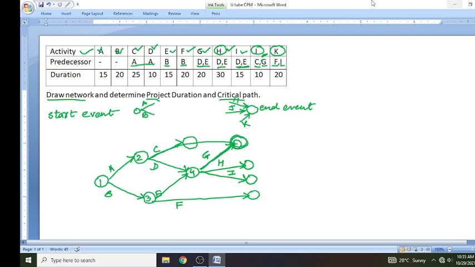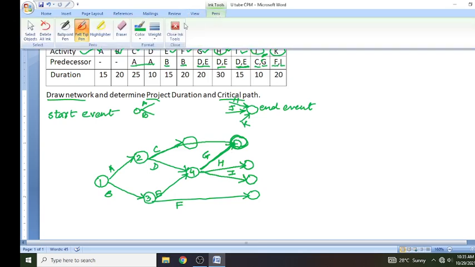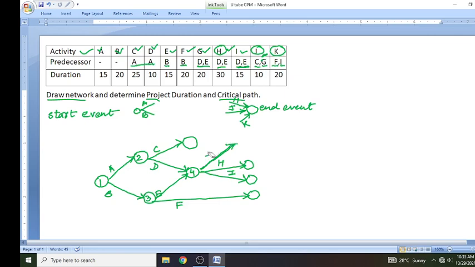Let me combine these two, C and G, just to make this network more tidy.